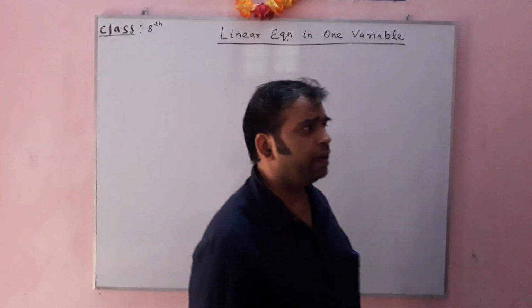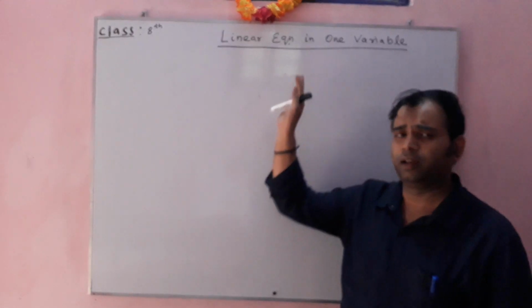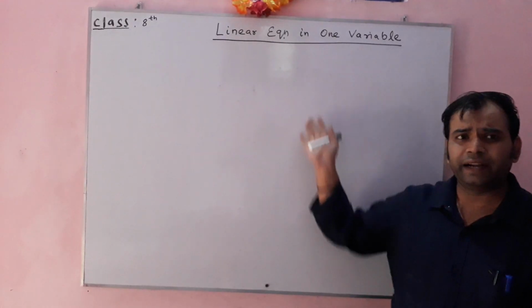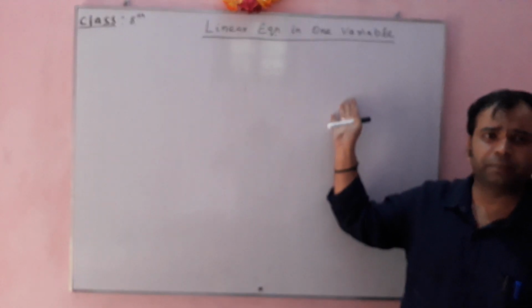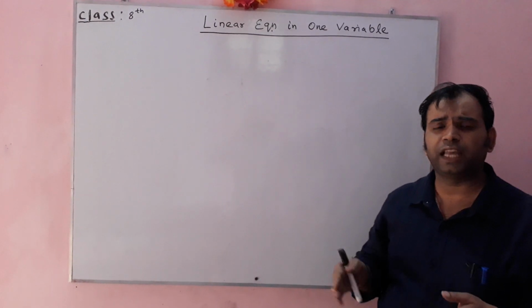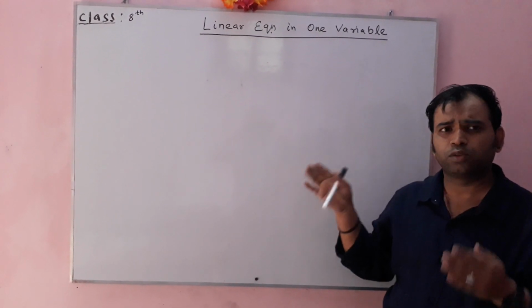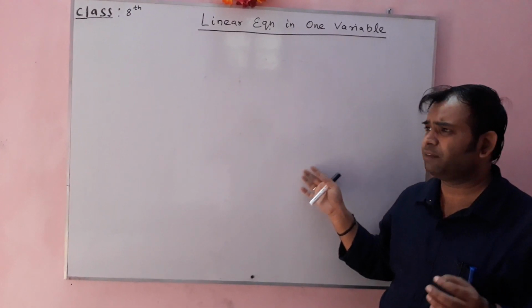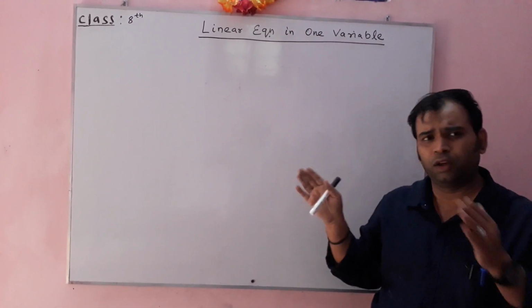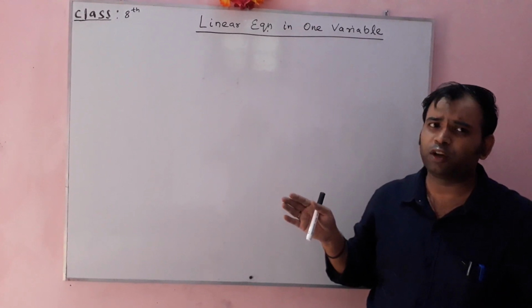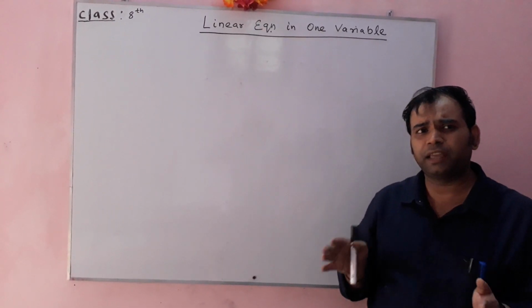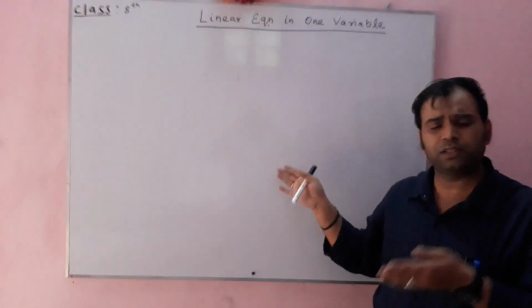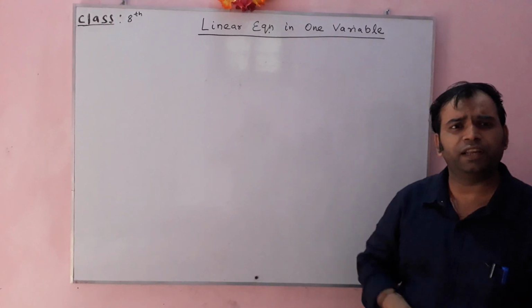Now, today the topic is again linear equations in one variable. In the previous class, I taught you the definition of a linear equation in one variable and how we evaluate the value of x in an equation. There are a lot of methods to find x in these equations. Last class, I taught you two methods: one is the variable on one side, and the other is the variable on both sides. So now let's see examples of both types and we will proceed further.